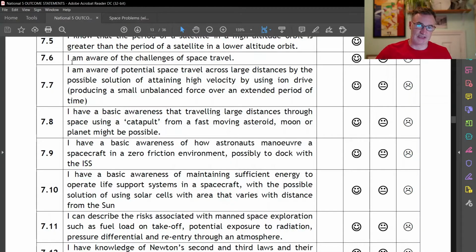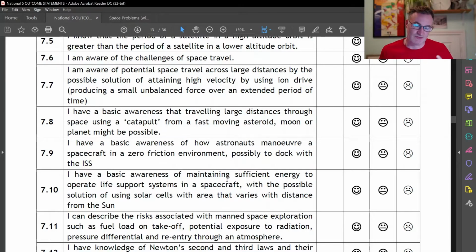Now, we can see that starting with 7.6, I am aware of challenges of space travel. Pay attention to the wording here because it's saying I am aware of, and then down here I have a basic awareness of it. So really read the learning outcomes, and almost that's the learning done: you have a basic awareness, so you don't really have to go into much detail. In this video I'm going to just talk through